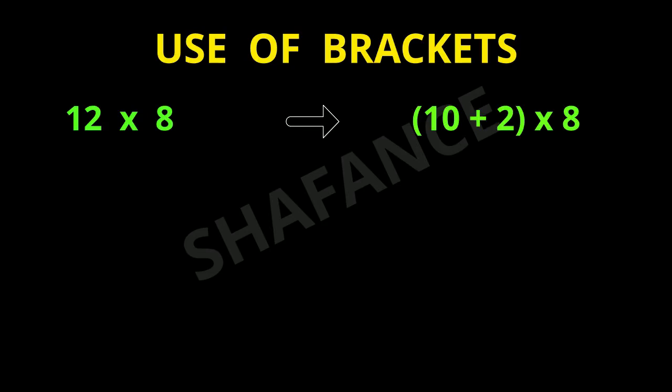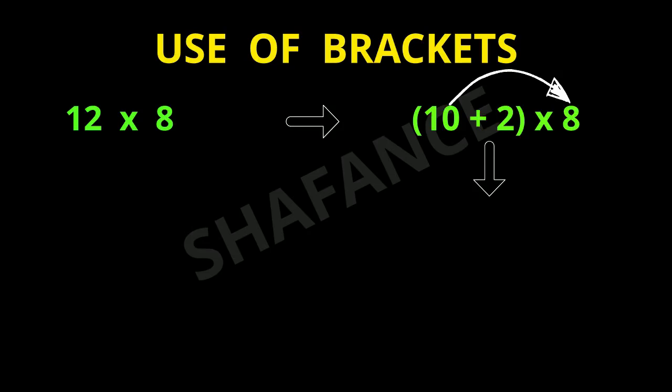Now we will not solve inside the bracket as there is a multiplication sign outside the bracket. So we will multiply the outside digit separately with the digits inside the bracket. Let us see how. In this case, first we will operate on the first digit inside the bracket. So that is 10. First we will operate 10 into 8, because outside the bracket there's the operation multiplication.